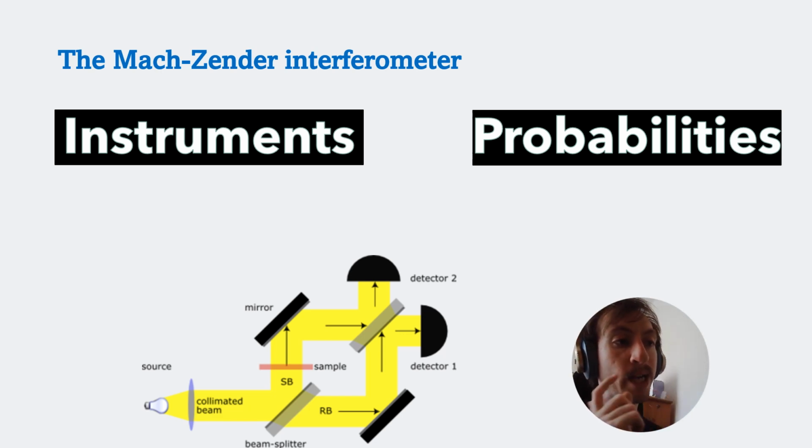However, quantum mechanically, it turns out that the probability does depend on the phase shift introduced by the sample, and that's because in our quantum state we have two classical states, so that in a sense a photon goes through both paths at the same time, and those two states will have a phase shift between them because one of those states will correspond to the photon not encountering the sample and the other one will correspond to the photon encountering the sample.